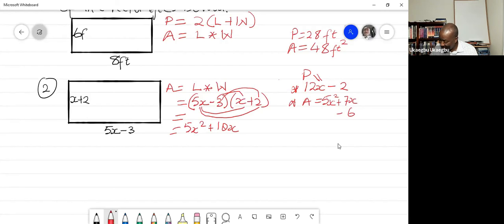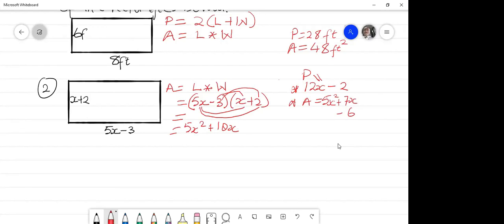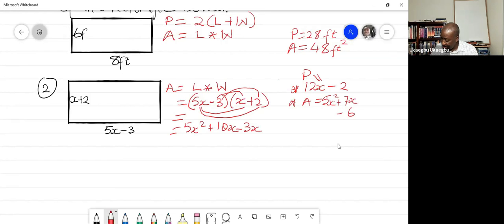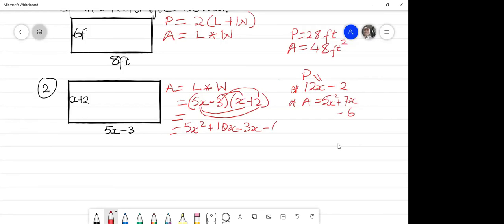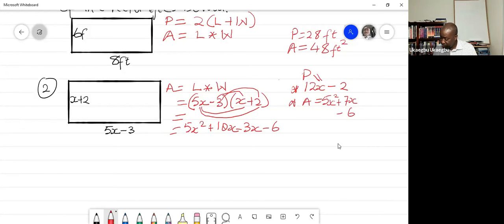Okay, then we repeat the process. Negative here times positive here gives negative 3x. And then negative times positive again is another negative, so 3 times 2 is negative 6. And then you combine the like terms. That will give us 5x squared plus 7x minus 6. So this is correct. All right. Now,